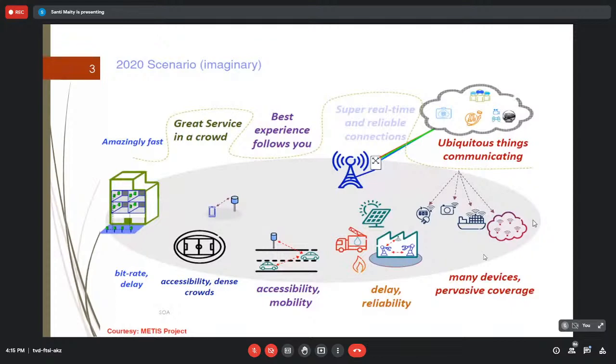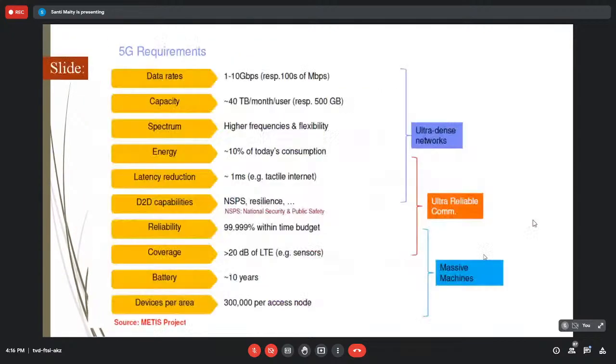Our aim is to have smart cities, smart homes, smart grids, and intelligent transportation systems. So what is expected is that a huge volume of data will be transmitted, latency or end-to-end delay should be very low, and power consumption should also be very low. So for 5G requirements, there are three issues: ultra dense network, ultra reliable communication, and massive